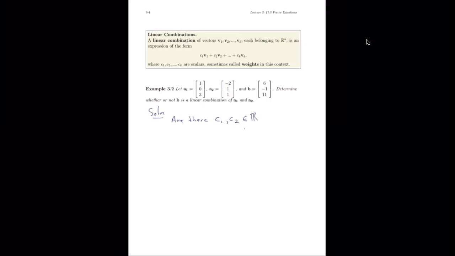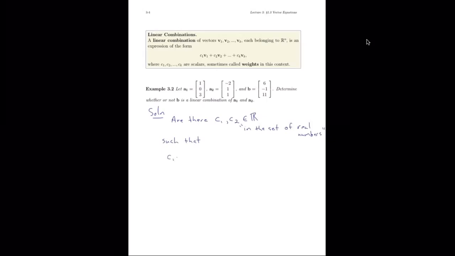So in the set of real numbers is the way to write that out thoroughly once. In the set of real numbers, not the space Rn, but just scalar real numbers, right? 5, pi, any scalar real number that we're familiar with. Are there C1 and C2 in the set of real numbers such that